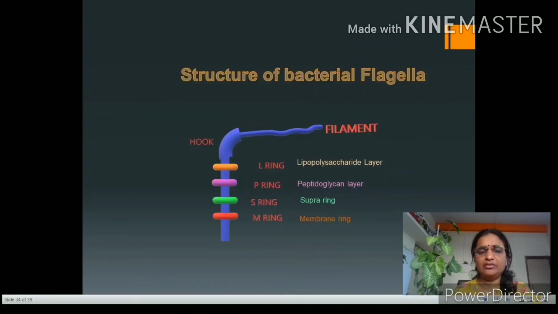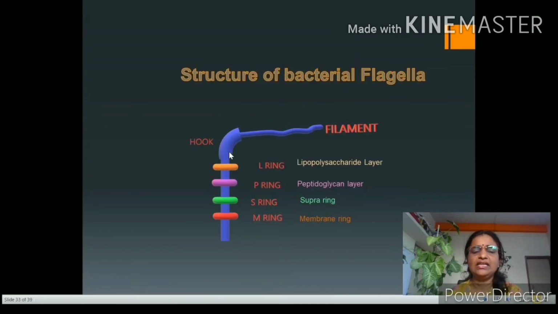Now the second part of the bacterial flagella is the hook. It is the part which connects the basal body to the filament. It is a wider curved portion, called the hook, and its function, as I told, is as a bridge between the basal body and the filament. This hook and basal body are chemically made up of carbohydrates, or complex sugars. The location of the hook is just on the cell surface.